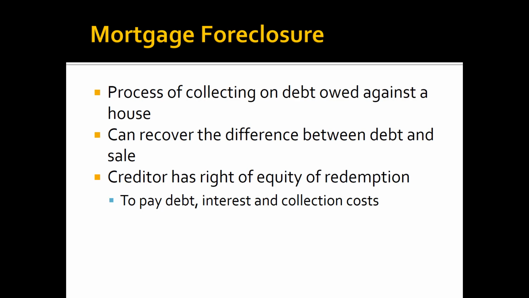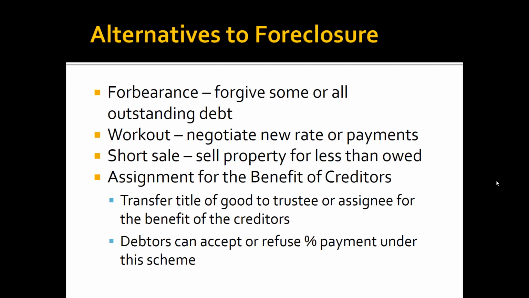There are alternatives to foreclosure because sometimes banks don't want to go there. Right now, because of COVID, you've got a tremendous number of people that are basically on hiatus from paying their mortgages. Their debt is being held outstanding and there's no foreclosure. So you can also have instances like forbearance, where I don't want to collect, so let's forgive some or all of the outstanding debt and we'll agree to a new debt. Workout, where we agree to new payment rates. Short sale, let's sell the property for less and let's call it even.